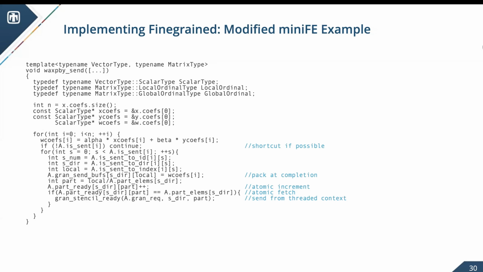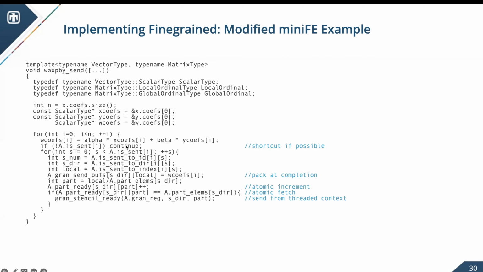So here's an actual code example of what I have done to determine readiness, pack, and actually mark ready of partitions. So now we go from this incredibly simple example to loading in more global information by actually loading in the matrix as opposed to just the vector. We are now doing an actual test on is sent. So for example, right here,